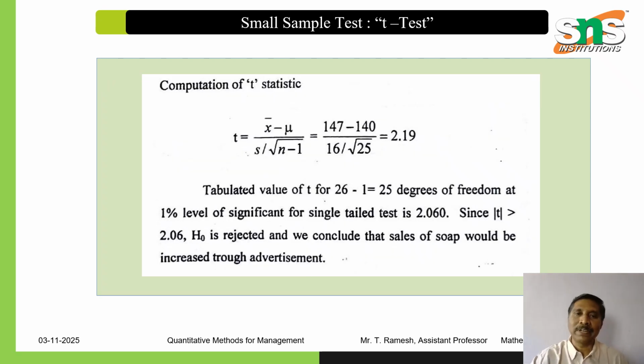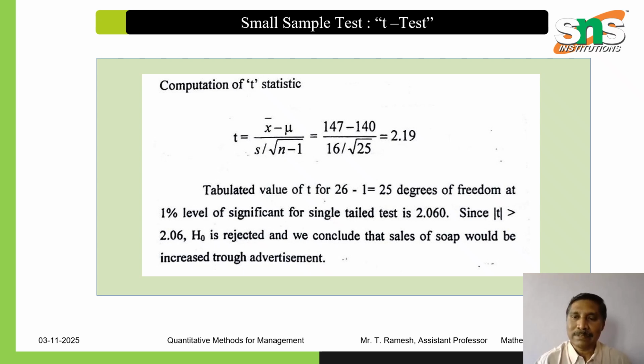So computation of the t statistic: t is equal to x bar minus mu divided by s by root of n minus 1. Here x bar is 147, the population mean mu is 140, and the standard deviation is 16, divided by root of n minus 1. So 26 minus 1 is 25. After reducing, the value becomes 2.19. The tabulated value of t for n minus 1 degrees of freedom, because n is 26, so 26 minus 1 is 25 degrees of freedom, at the 5% level is